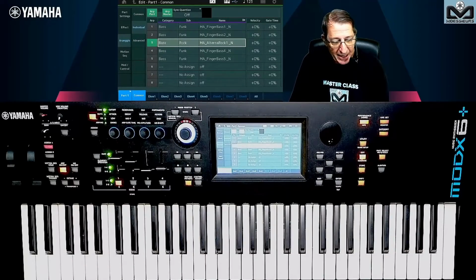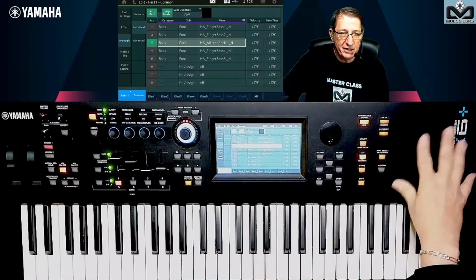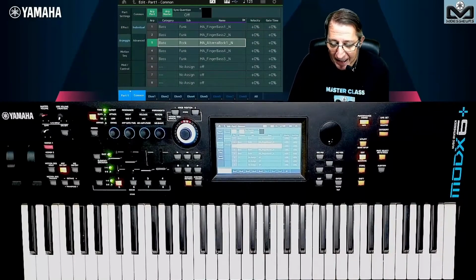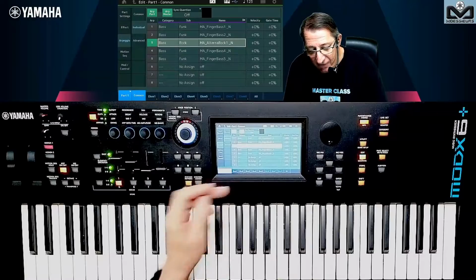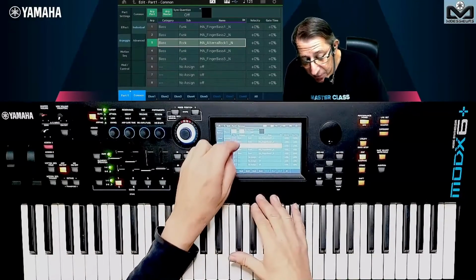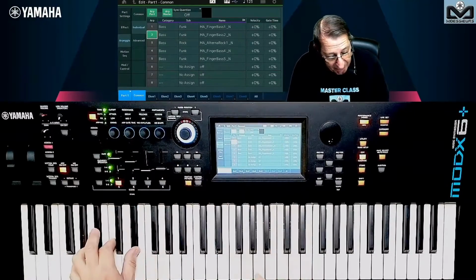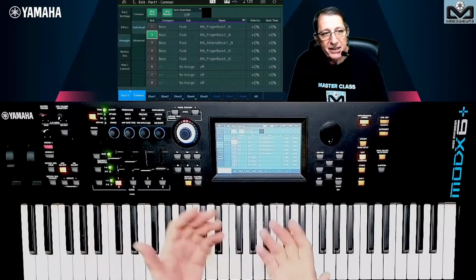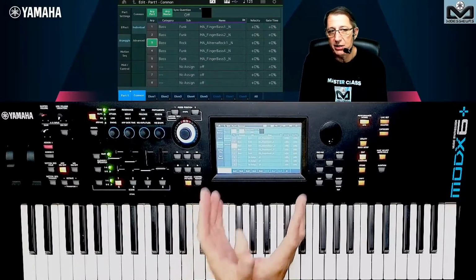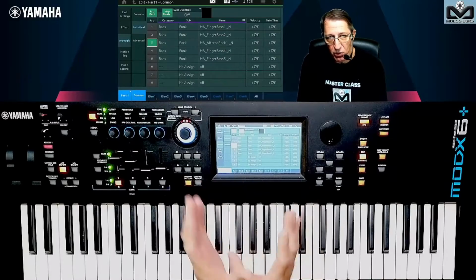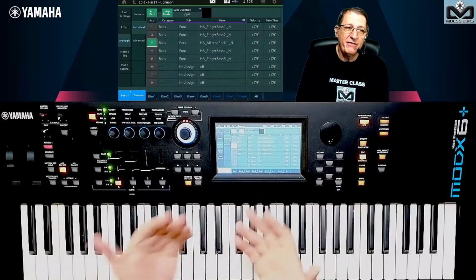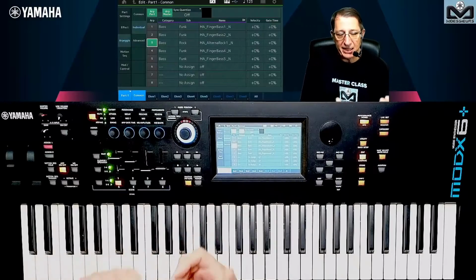or Modex, and you do not have the buttons on the right part like we have on Montage. So how can I change my variation? Because if I am on stage and I want to pass from this one to this one, it's not very easy to do this. Here it's your work area to prepare what you need. Of course, you can, and the advice is to go to the scene memory that can remember all of this.